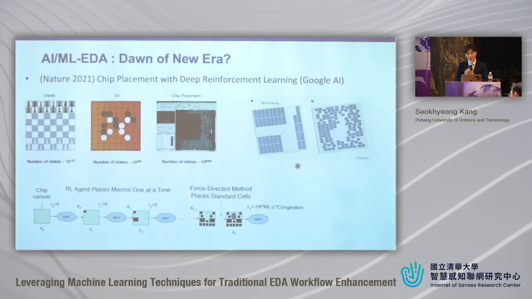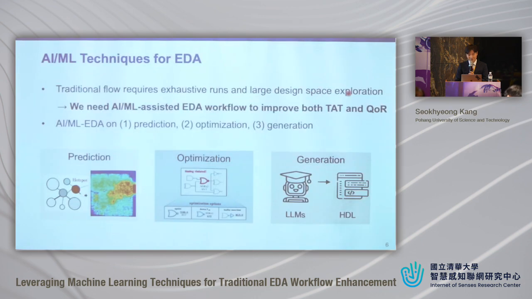So we think that the human one is much better than this one because we can place standard cells in these white spaces, but AI shows different results. But this right one is better than the left one. So still there are many questions about AI or ML-based EDA, if it is so effective or helpful,